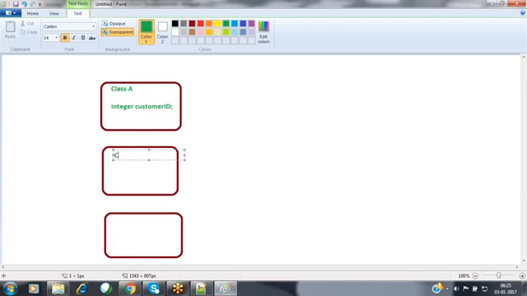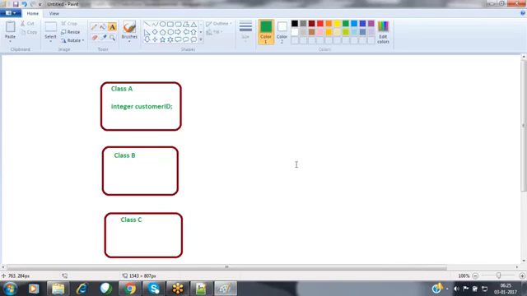And I have the class B, and then one more class, class C. Three classes are available here. Now the class A and the class B, these two are associated. Generally, in order to associate objects, we use the relationships feature.